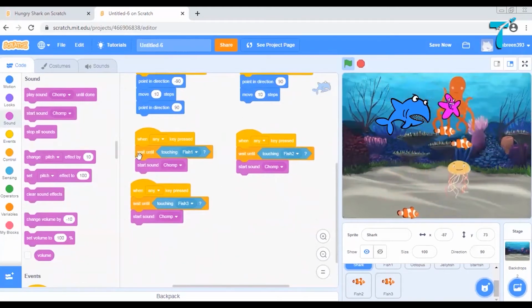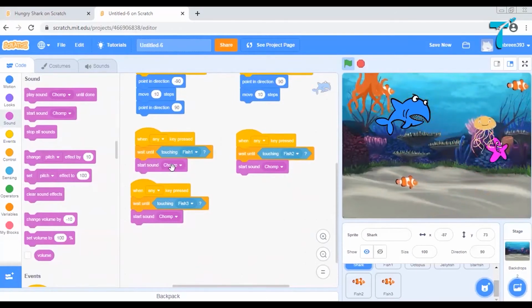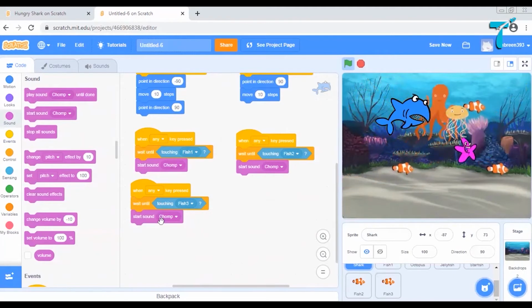When any key is pressed, wait until touching fish 1, then start sound chomp. Now as soon as the shark should eat the fish, what should happen? That fish should get disappeared. That is what it is being eaten up, right?